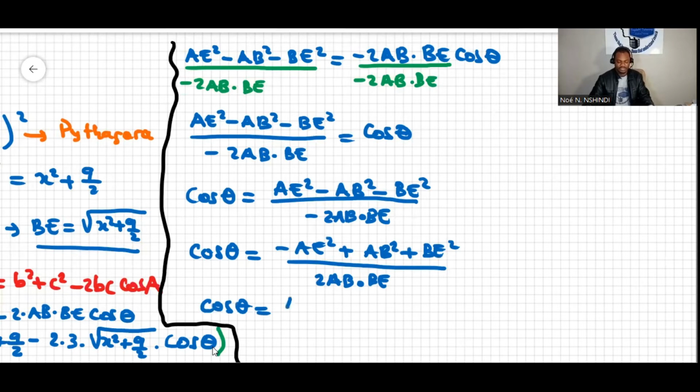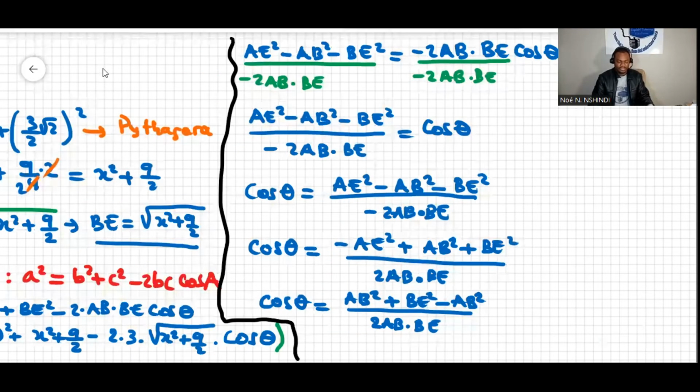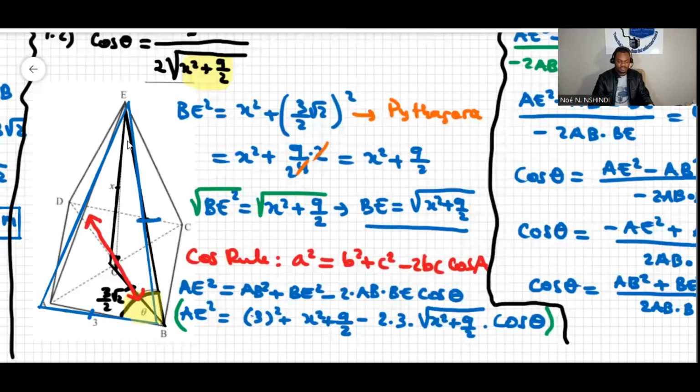let's just say AB squared plus BE squared minus AE squared over 2AB times BE. Now, see, we calculated BE earlier. Over here, we found BE when we used Pythagoras from X and OB, but you can notice that the same thing can also happen for AE, this one,